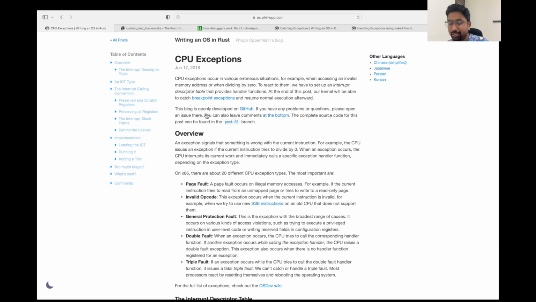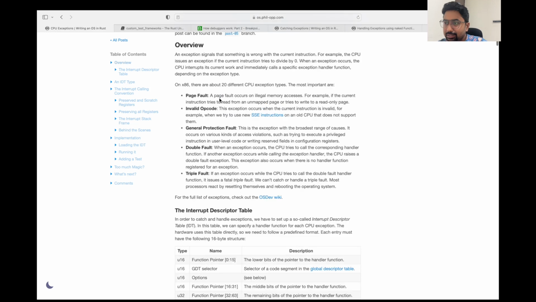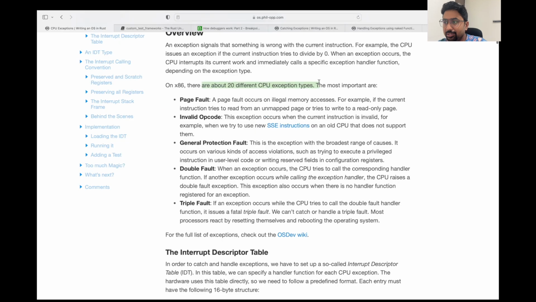So let's talk about exceptions. There are about 20 different types of CPU exceptions for the x86 architecture. Some of the types are page fault. For example, whenever we try to access illegal memory, a page fault exception occurs. Then invalid opcode: if we try to execute instructions which are not available for that particular architecture, that is an invalid opcode exception. Then general protection fault, double fault,